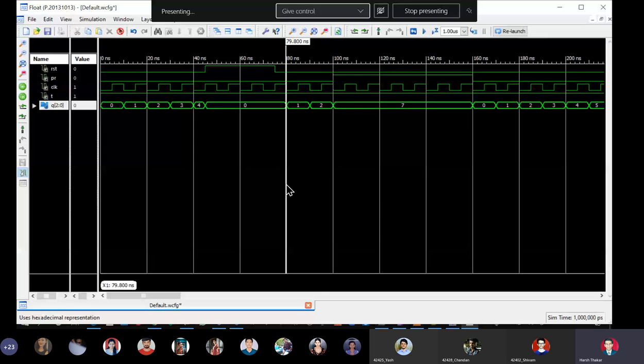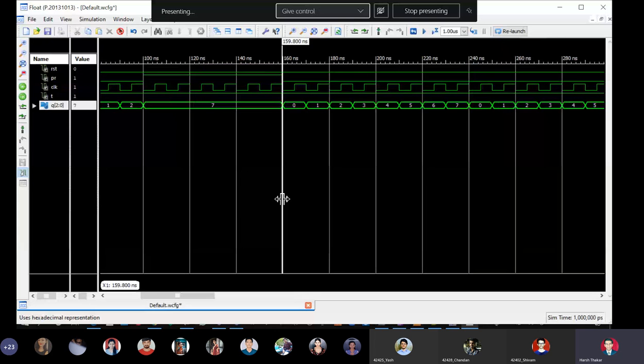At 100 nanoseconds, it is receiving a preset equal to 1. So it is becoming 111, which is 7. So from 100 to 160 nanoseconds, as long as preset remains 1, output is remaining equal to 7. And then at 160 nanoseconds, preset is not there, reset is not there, and coincidentally it is getting a falling edge. So it started incrementing itself.